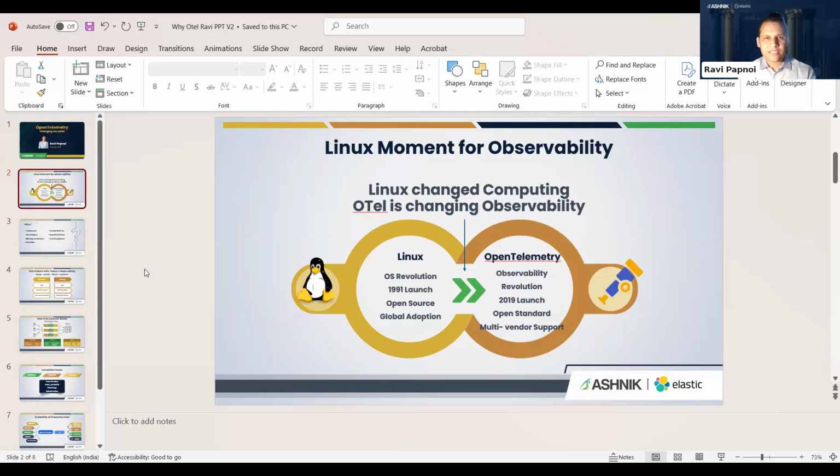Observability as a keyword has become very, very popular in the last 5 years or so. Earlier, people used to talk about monitoring in a piecemeal approach. There used to be monitoring for some areas. There used to be an APM. There used to be a logging solution. There used to be a metric solution. But observability as a buzzword caught on sometime around 4 or 5 years ago, and now it has grabbed the imagination